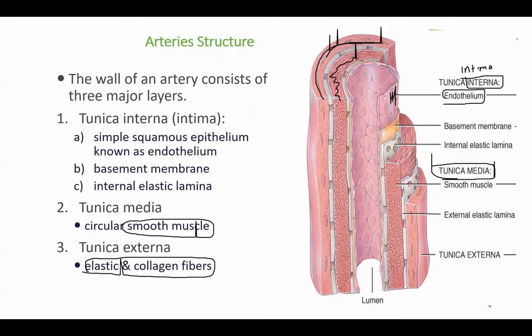This is the place where the blood is carried in the lumen, and where some blood cells, like a white blood cell, are able to squeeze through the endothelium. So again, these are the three main layers of arteries: tunica externa outside, tunica media in the middle, which consists of smooth muscle, and tunica interna or intima, which mostly consists of epithelial tissue.